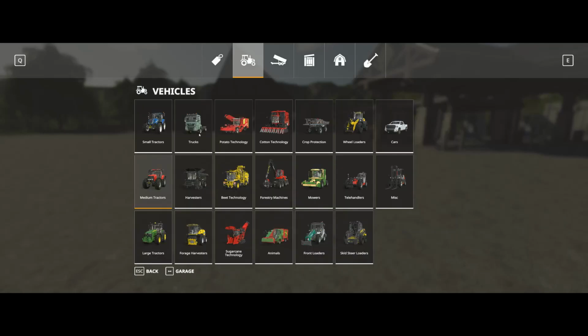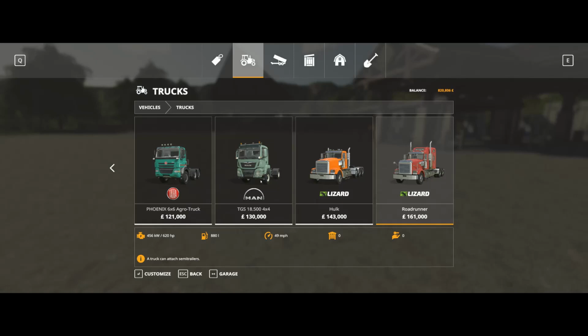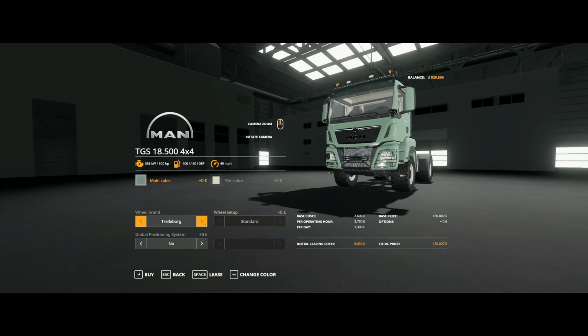Let's go back to here, because we're going to need a truck to pull this guy. This guy is one of my favorites. A little bit under on the horsepower, which can make a difference when you're pulling these loads. I mean, I like it because I'm always driving on the roads, but you can get these other trucks now with the wider tires. So I think we're going to go for this Man, just because it's got enough horsepower. And what we'll probably also do...